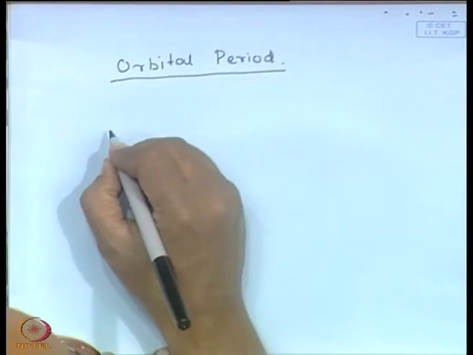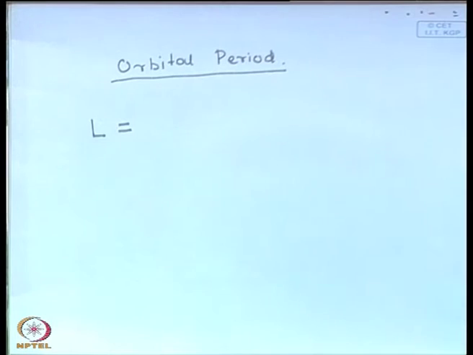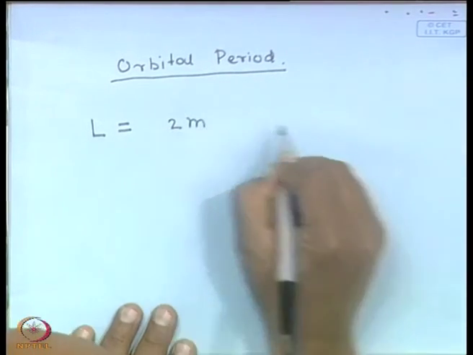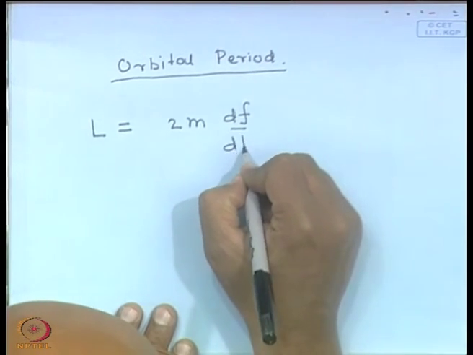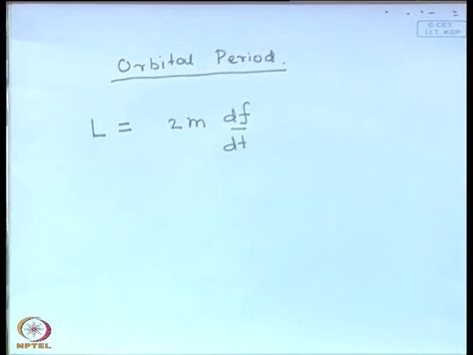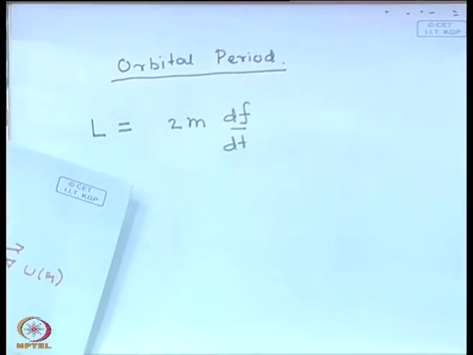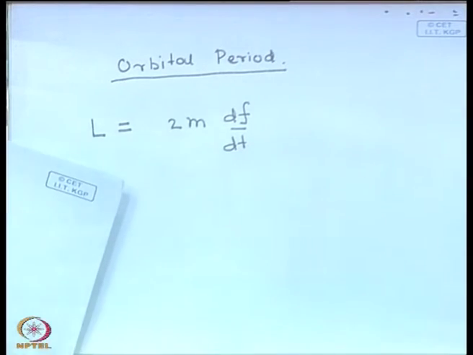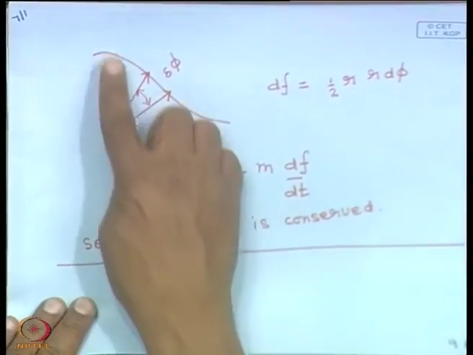So, what we saw was that the angular momentum L is equal to 2 into the mass of the particle into df/dt, where f is the area enclosed by the orbit. This we saw is true for any central force problem. For any central force problem, need not be gravity, any central force problem, whatever be the orbit,